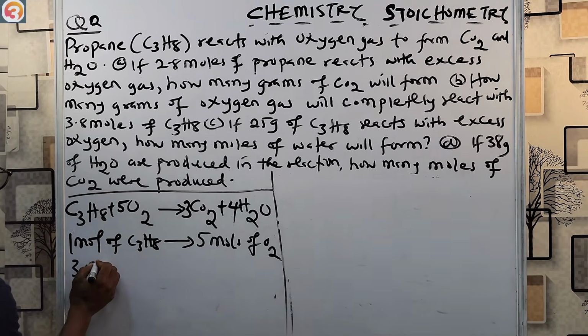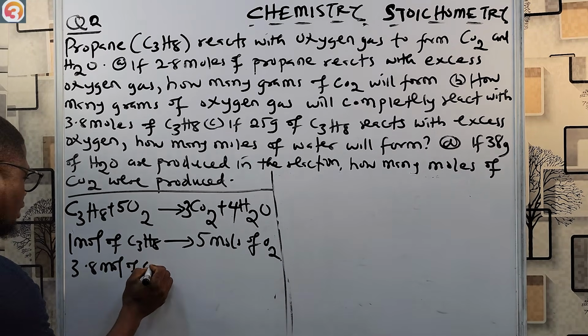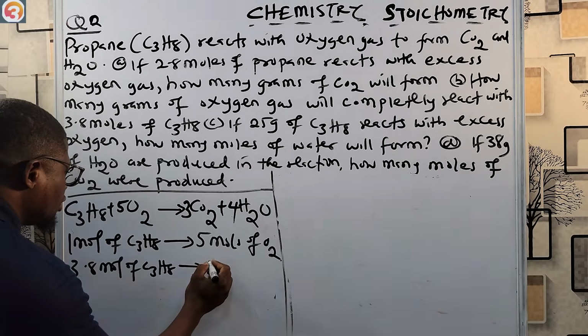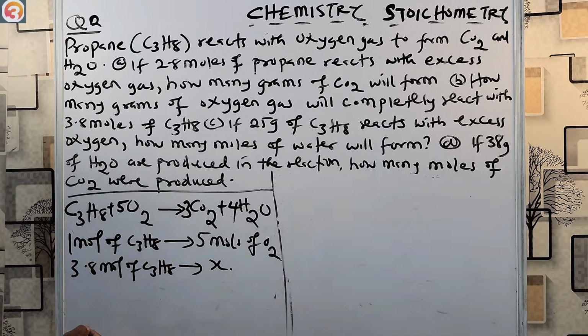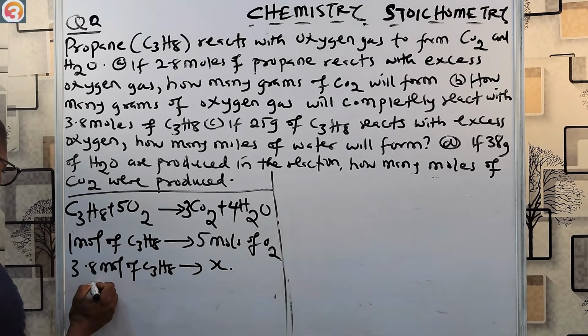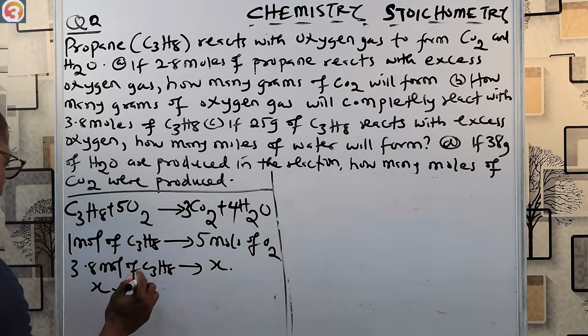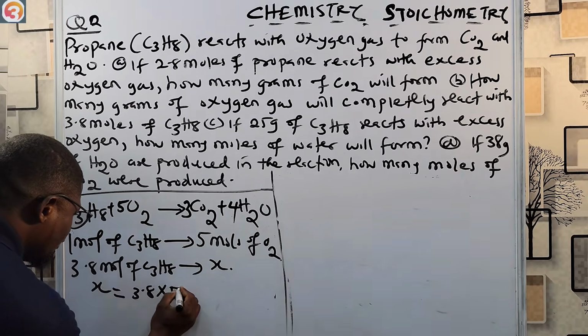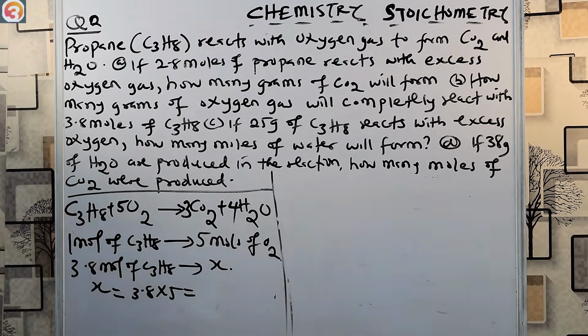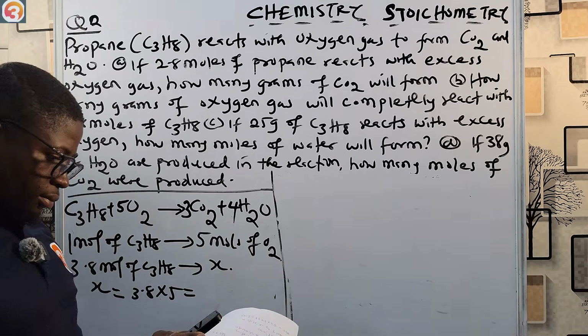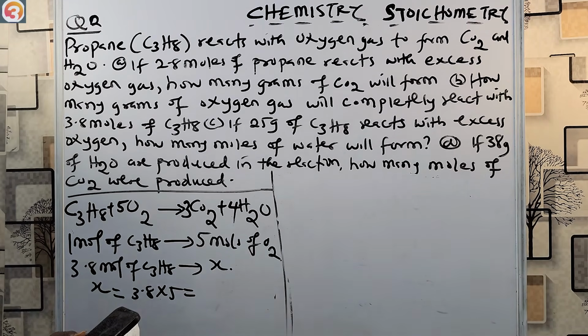It will give us X to start with. So X times 1 is X. So X is equal to 3.8 times 5. Let's press our calculator again. 3.8 times 5 gives us